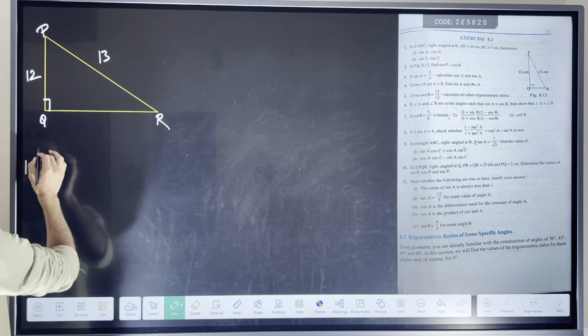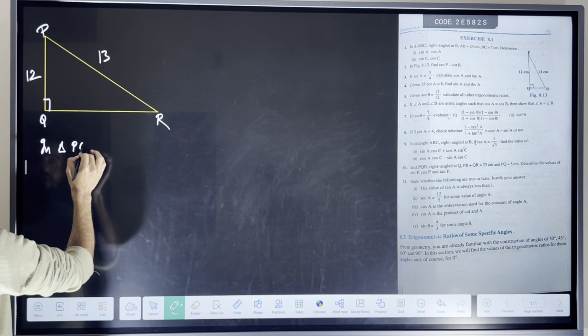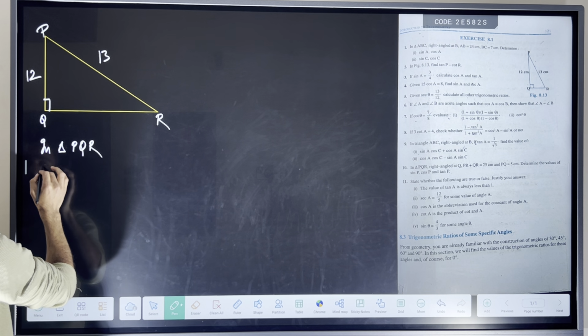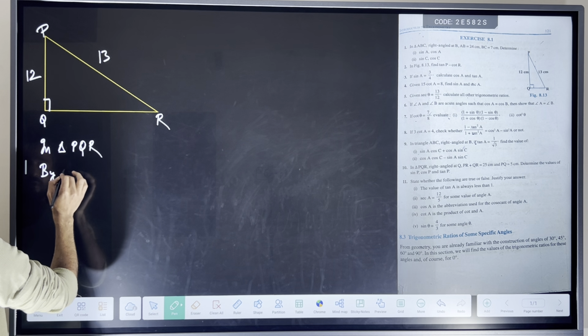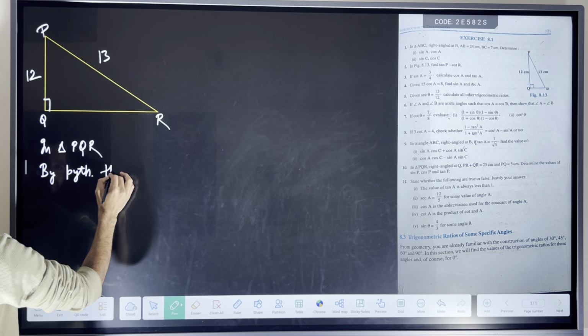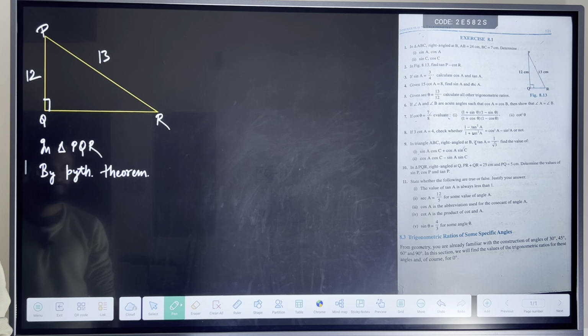Now again in triangle PQR, by Pythagoras theorem,